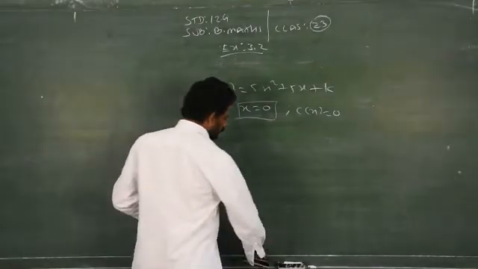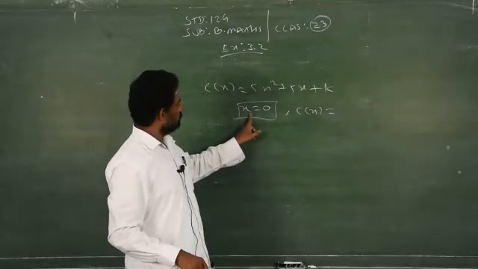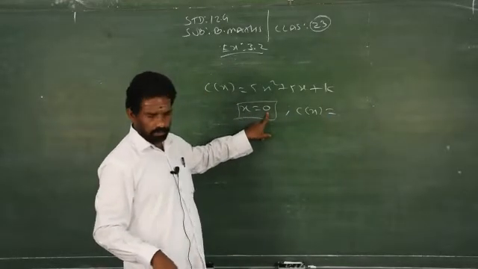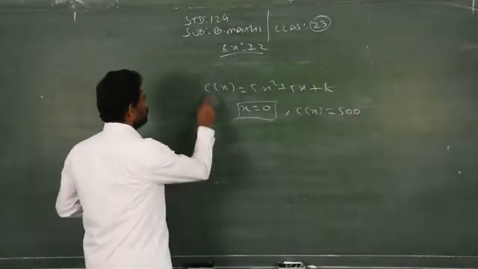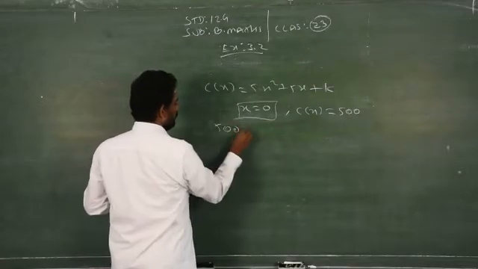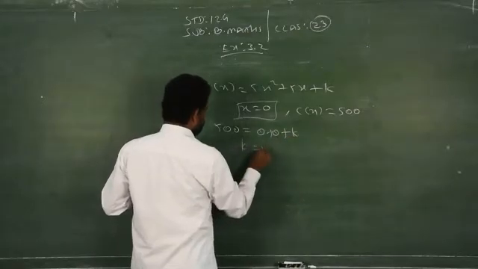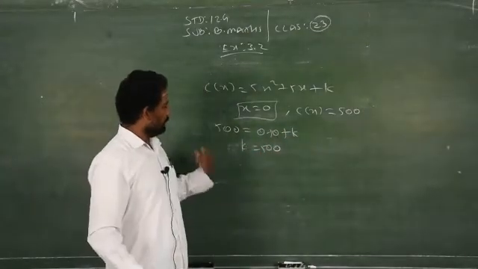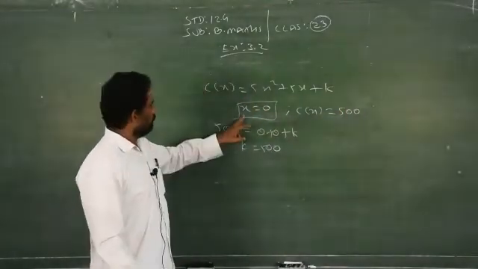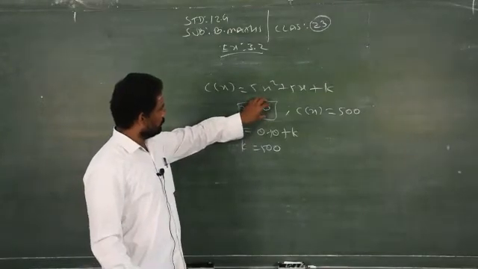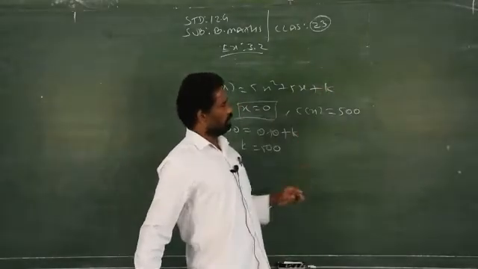No. Your cost is, whether the goods are sold or not, when the number of units is 0, your cost is how much? 500. In this place you have to replace c by 500 and x by 0, so we will get the value of k. In that sense, the teacher says straight away that fixed cost should be replaced by 500. But what is the concept behind that? When the number of units is 0, the cost will always be 500. Based on this concept, I have to find the value of k.